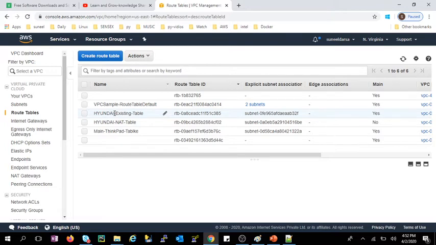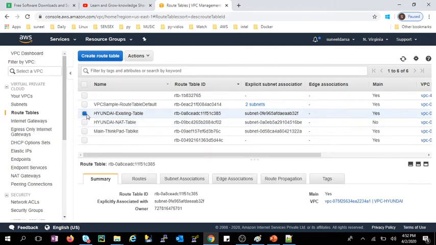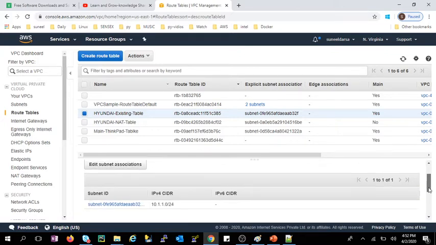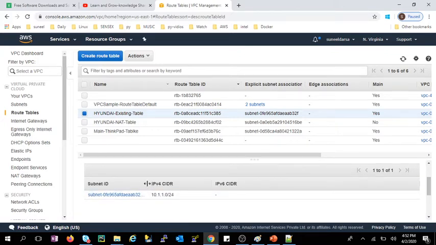For route tables, there are two: the existing one and a new one. When you click on route tables, for each VPC a route table gets created by default. That is the existing one. I named it by editing, otherwise it would be empty initially, because I wanted to differentiate between the existing and the newly created table. In the existing table, the subnet association is subnet 1,